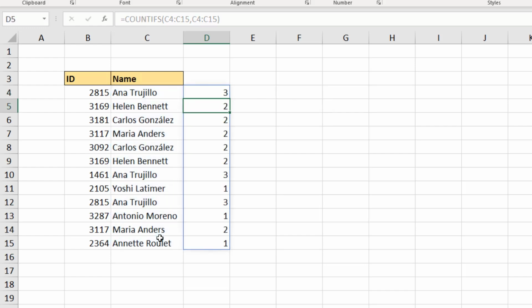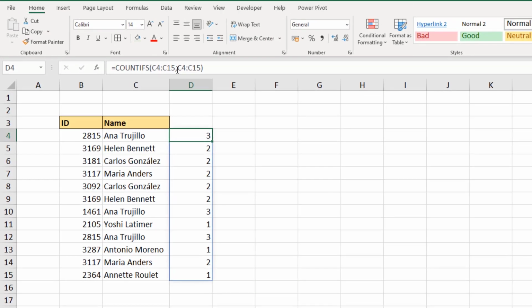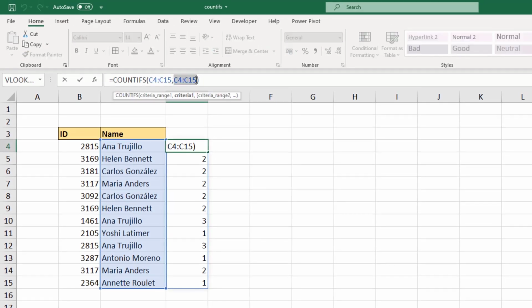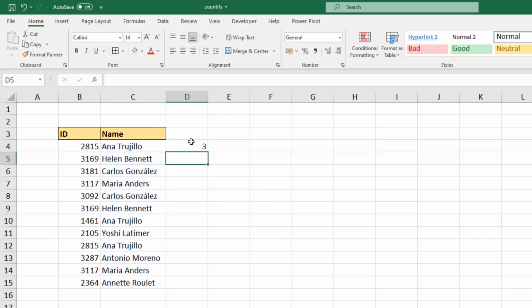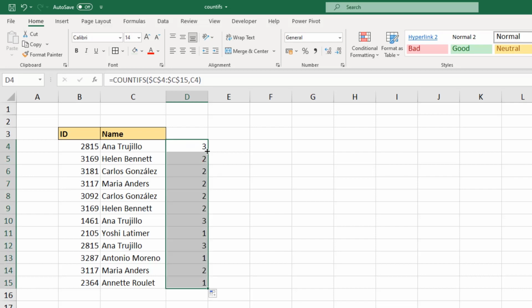I'm using 365, I have that spill array, and we can see that it's only Anna Trujillo who occurs more than twice. Now once again, although I have this spill array working, it's not a requirement for this task. If I go back to my formula, I could just change that criteria to only Anna, and then I'll make the first range absolute, and I'll run that formula, and then I'll just fill that down, and I've got the